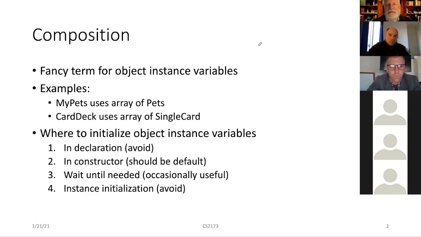A player uses an array of single cards because that's what's in their hand. So it's really composition that's going on there. And in fact, just as a general principle, while both inheritance and composition are important, in my experience, composition turns out to be a more useful concept than inheritance. Again, they're both important,